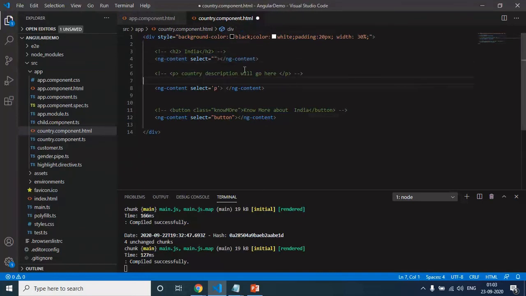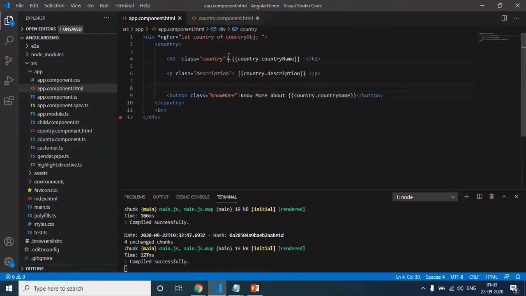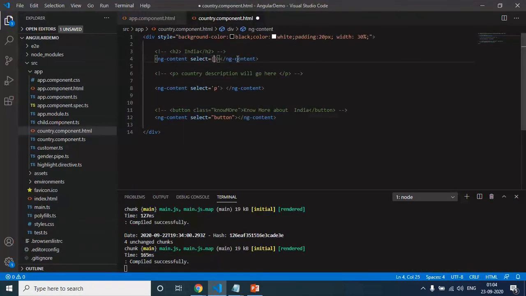Next I will be using the ID selector. For the ID selector, this is not required at all. Even for the tag selector, this was not required. So let me remove that. And here I will give ID h2. For the paragraph, I will give ID p1. And for the button, I will give ID b1. And the same ID I will use here. For ID, I will use a square bracket, and remember that the square bracket should be in single or double quotes. Then I will use id equal to the name of the ID.